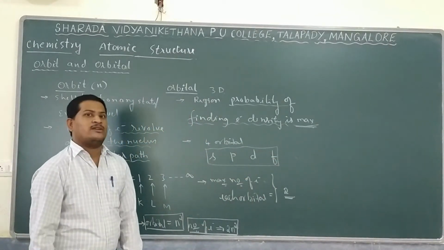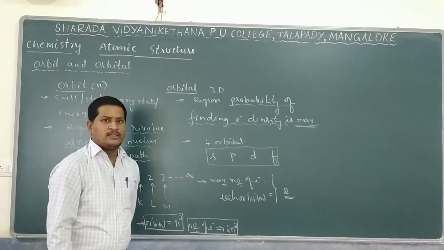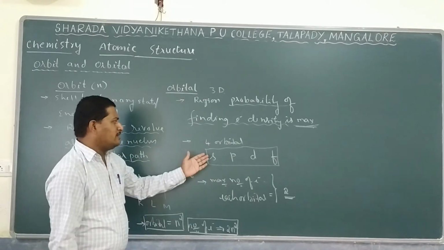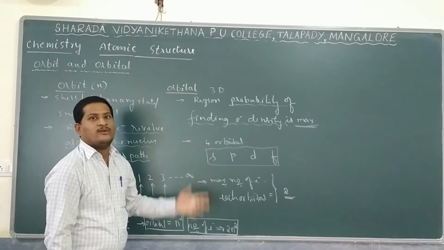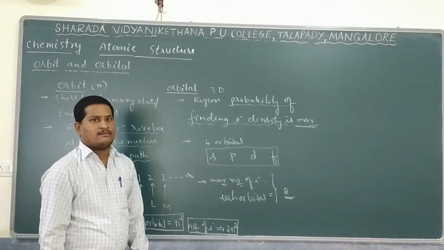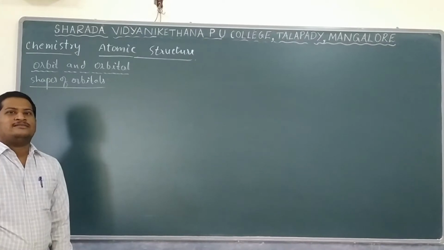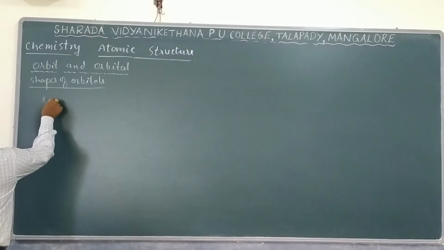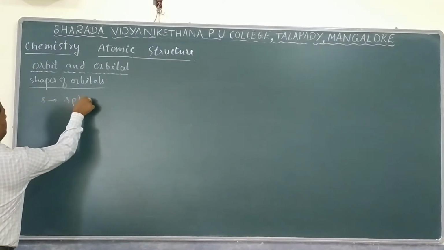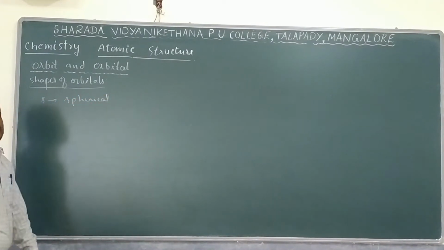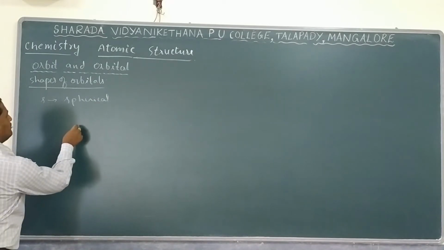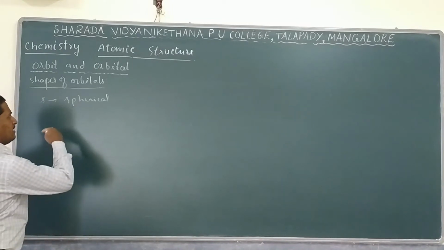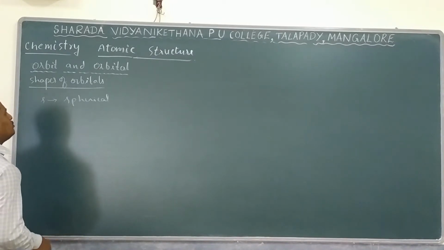Now let us see more discussion regarding the shape of that orbital, and that contains further division of orbitals, and then about their nodes, everything one can find. Let us see the shapes of these orbitals. First comes the S orbital. It shows a spherical shape. How does it look? Spherical, nothing but in all 3 regions, X, Y, Z axis, the electron's probability density is found to be more.